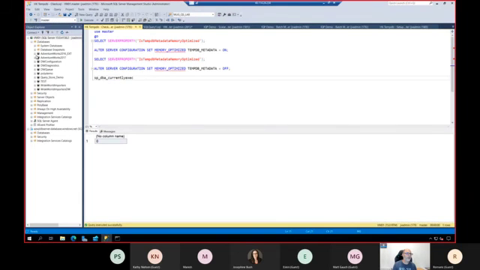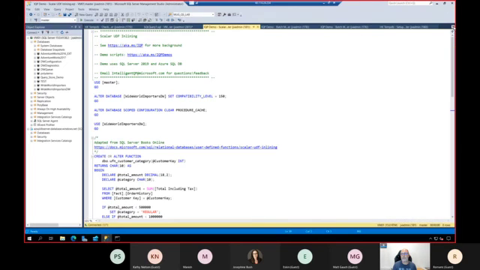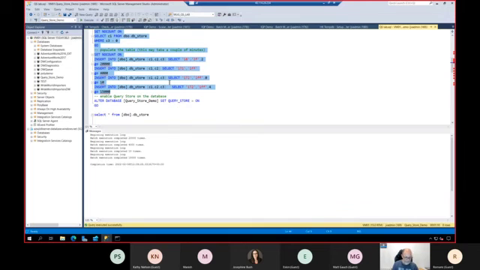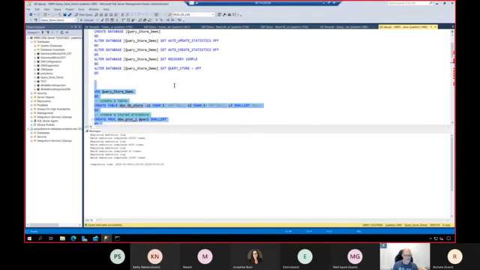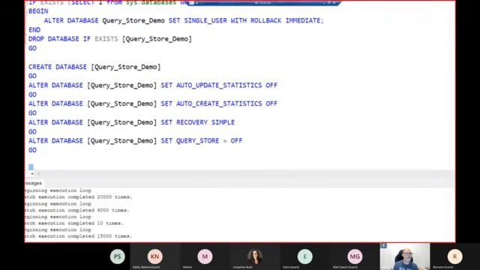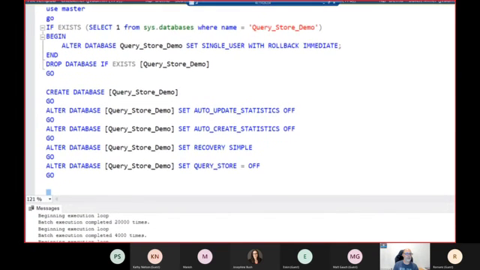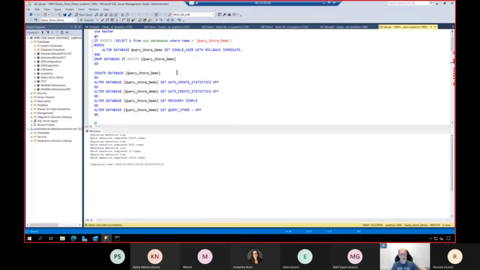So now we will go check Query Store. And for that, I have my demo here. Let me show you what I did here. First of all, I create a database, QueryStoreDemo, right?